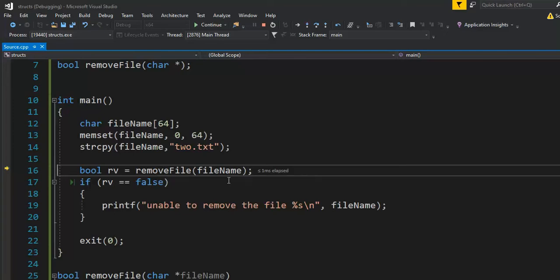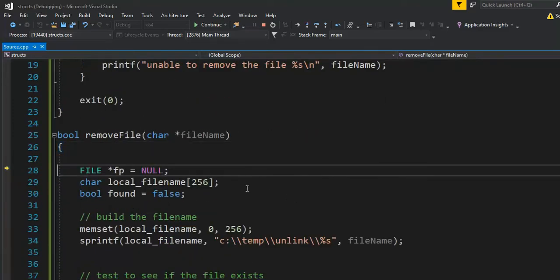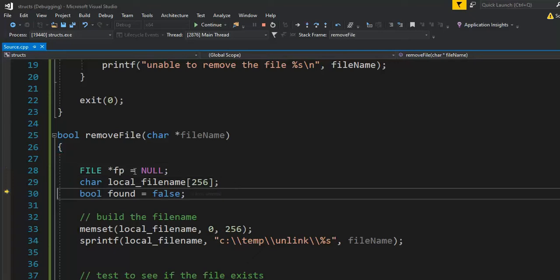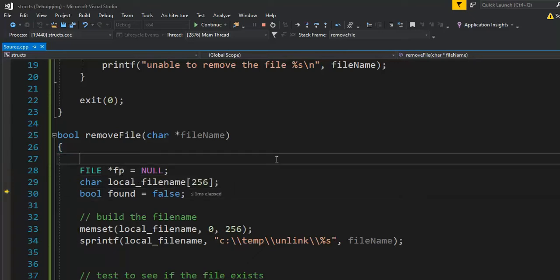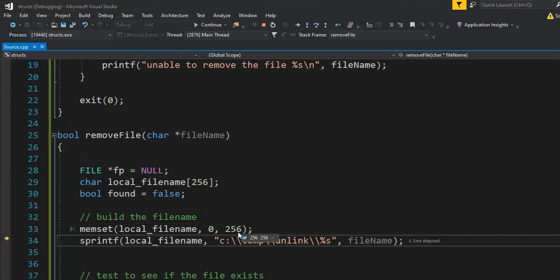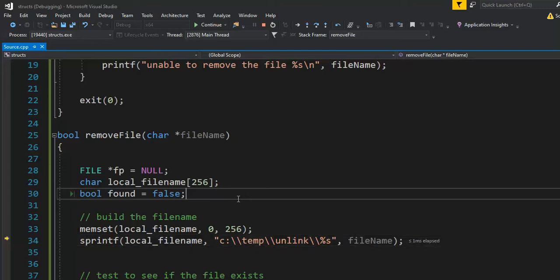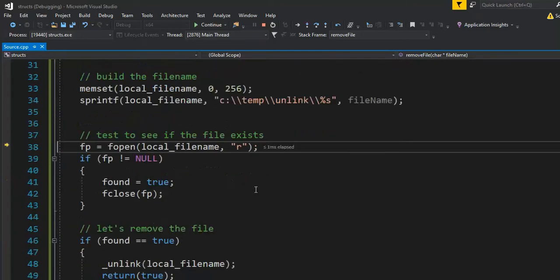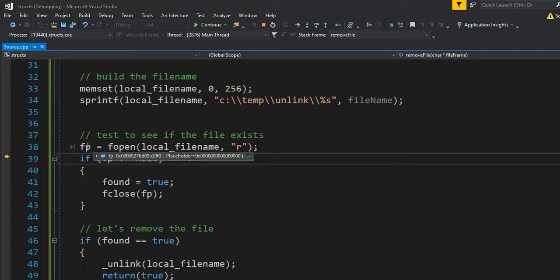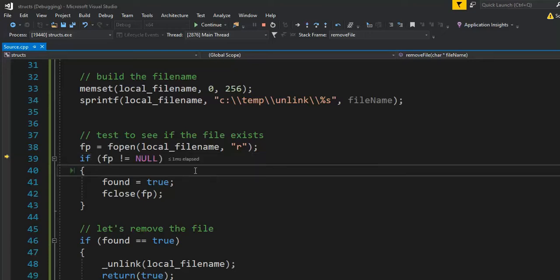Let's step in there, F11, and then I'm going to set my file pointer to null. That's kind of like initializing it, and then I'm going to build a local file name. You notice I'm using sprintf, and then we're going to open that file. Notice it's null, and as soon as I try to open that file, if it exists, we'll have a file pointer. Notice here we actually have a file pointer, and if that file pointer is not equal to null, then